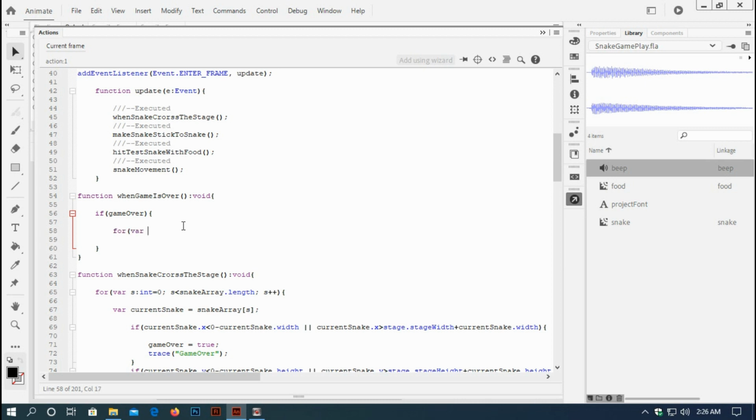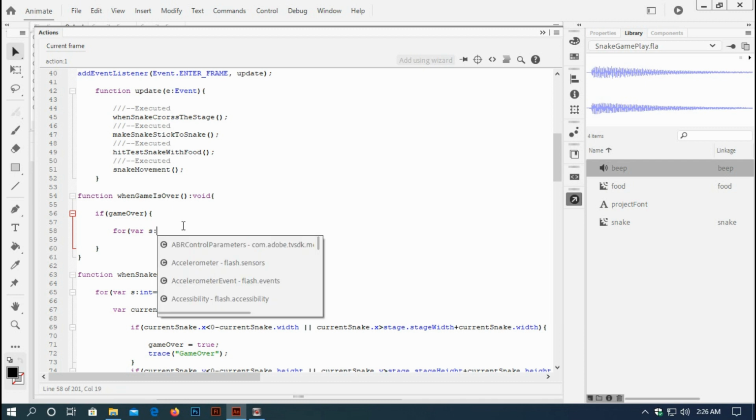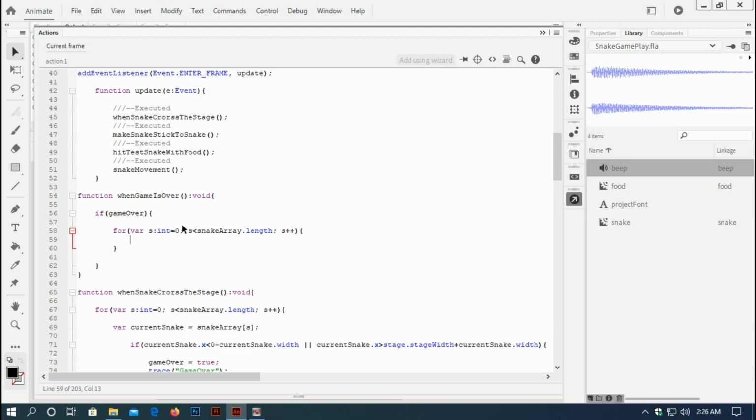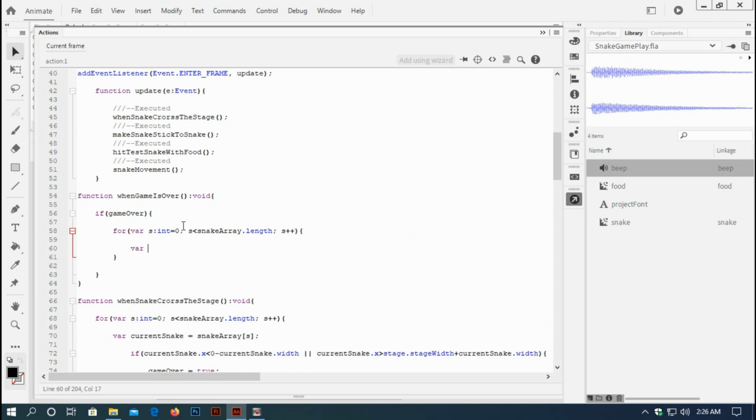For var s integer equal to 0, s less than snake array dot length, s plus plus, and another variable var current snake equal to snake array s,